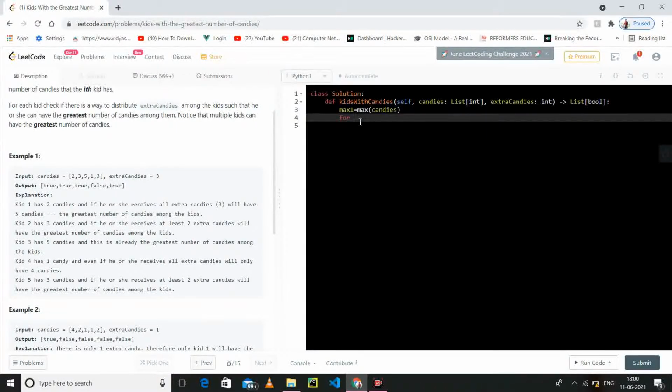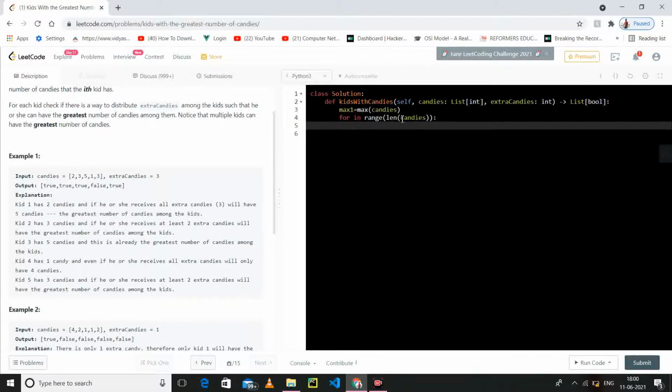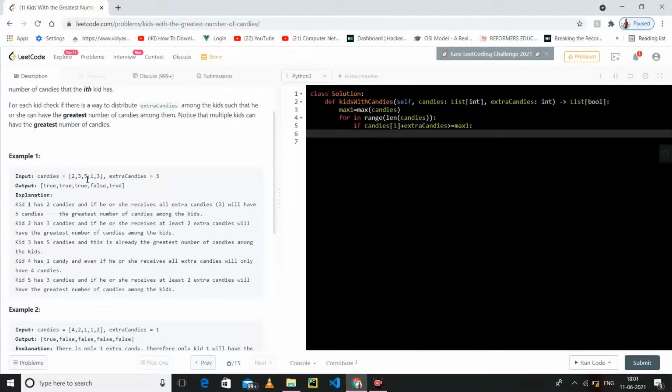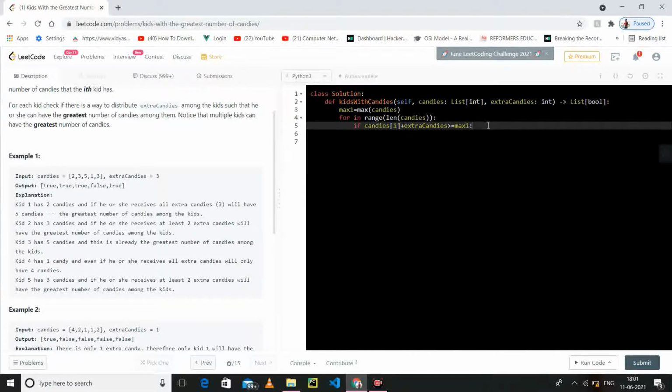So what we will do for i, we check if candies of i plus extra candies is greater than or equal to the maximum we have found. In this case 5 is the maximum. Then what we will do, or you can do one thing as well.